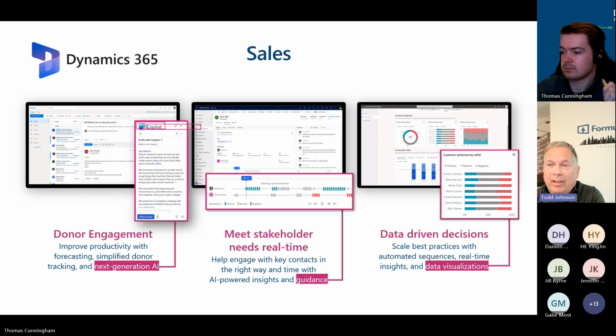Things like, hey, it's tax season. Certainly everyone wants to make sure that they're getting all the credit that they can for where they made those donations. So being able to generate those kinds of things automatically is something you can get from this module. You can do things like what's called a best next action. Depending on where you're at in the journey in a particular campaign, or with a particular potential donor, the system can learn,